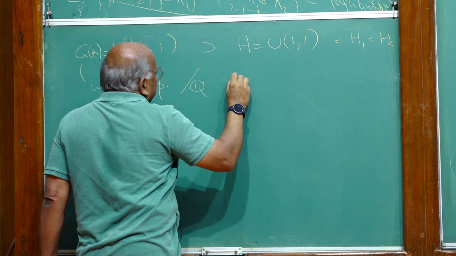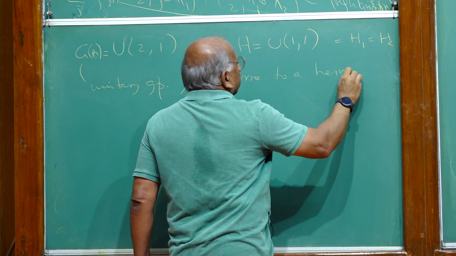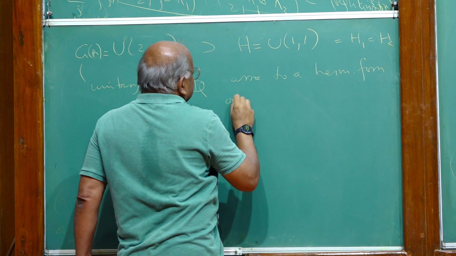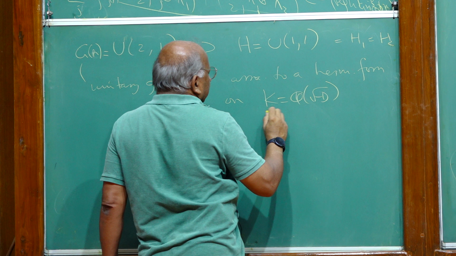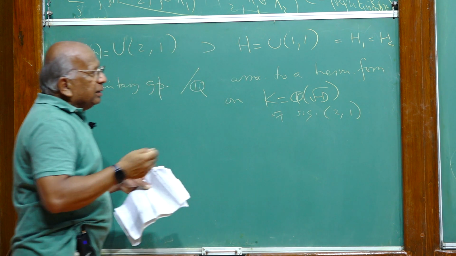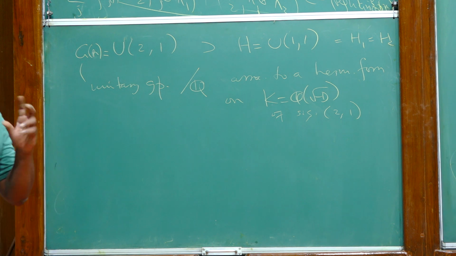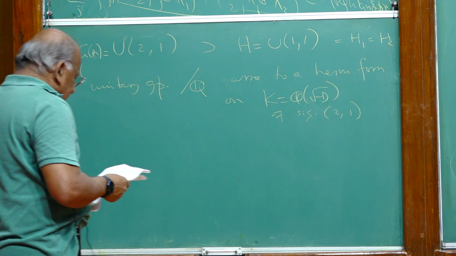It's associated to a Hermitian form on some imaginary quadratic field, Q of square root of minus D, and I'm going to take, of course, a signature 2-1. You can write a lot of matrix representations, and in fact, we have to deal with two different ones, and we have to sometimes go between the two. But anyway,